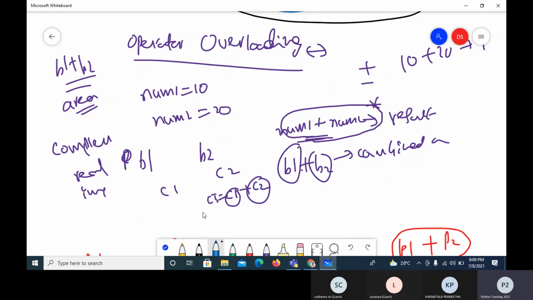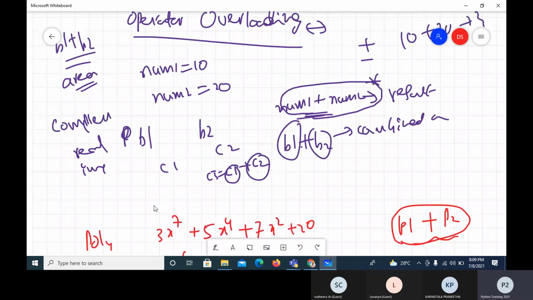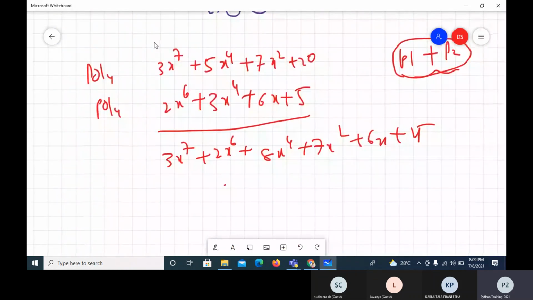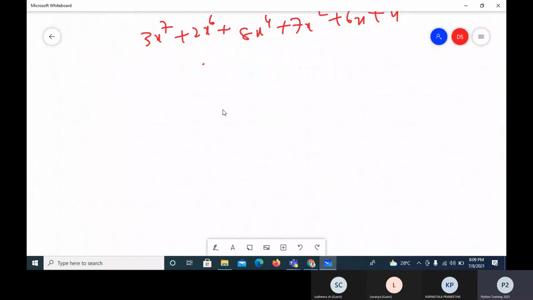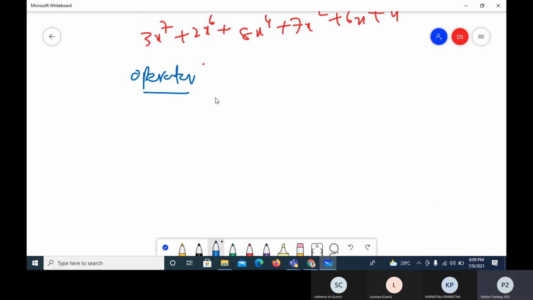So operator overloading makes the objects behave like ordinary variables. Now, if I want to do operator overloading, what I have to do is define some special methods. For every operator, there is some special method to be defined. Suppose I want to perform addition, the method I must define for doing this operation, plus, is a method called underscore underscore add underscore underscore.